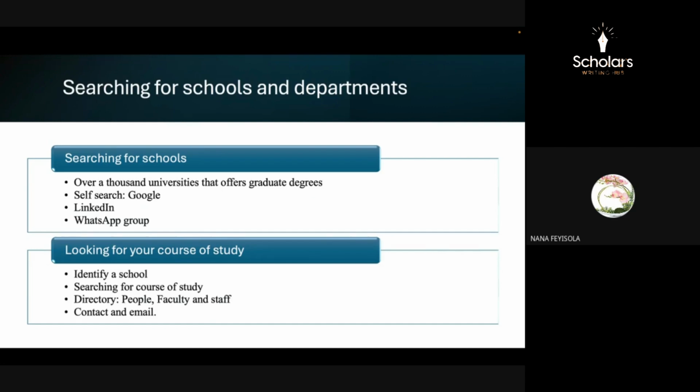If you're looking for school, LinkedIn should be your friend more than Instagram as far as school search is concerned. They post openings, graduate openings, PhD openings, and everything. And then all you have to do is to follow a lot of academic related schools